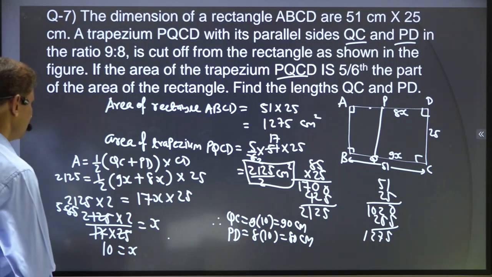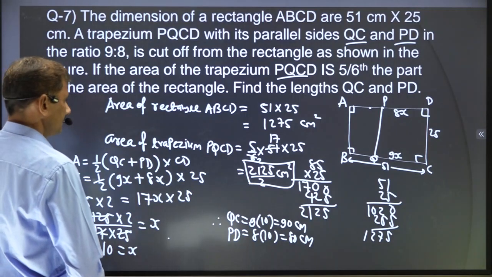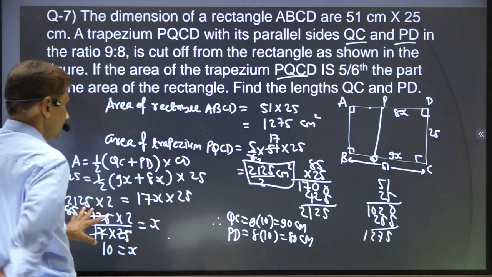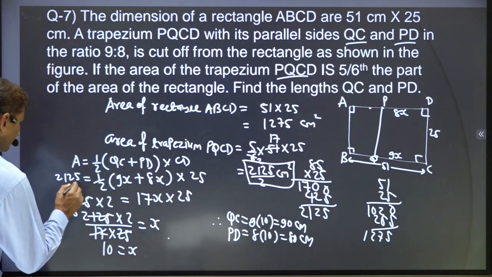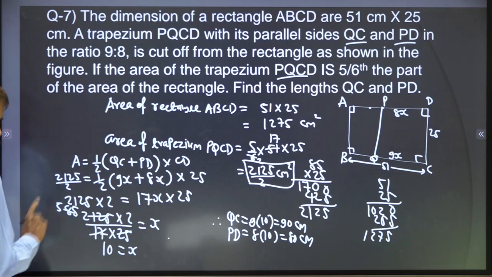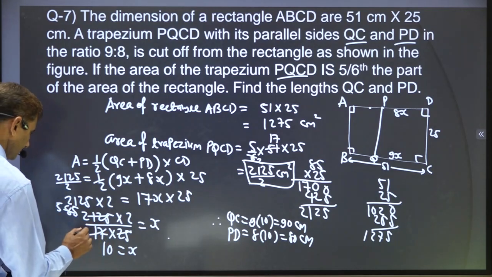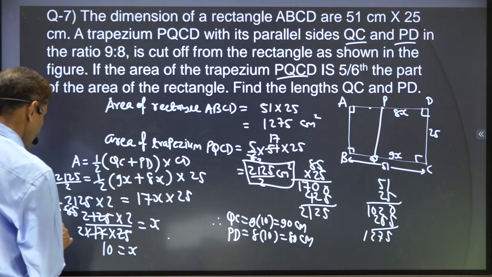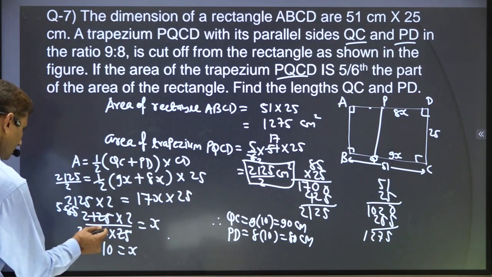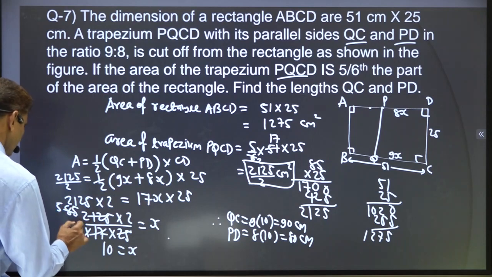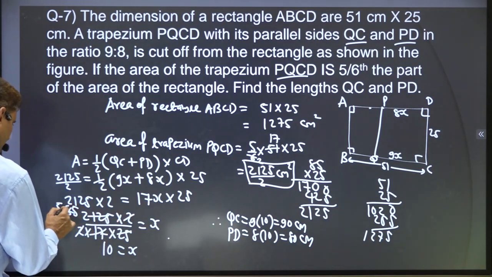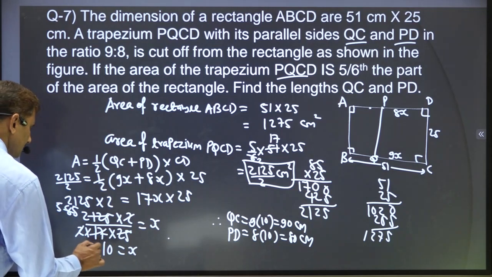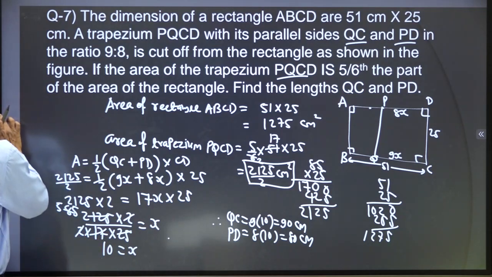Wait, something is wrong. Let's understand. Sorry, here is already 2125 by 2. So here is already 1 2 is there. Okay. So 2 to cancel. So only 5 left here. I cancel with it 5. You just verify yourself. So x is equal to 5. Okay. So I am just correcting here.